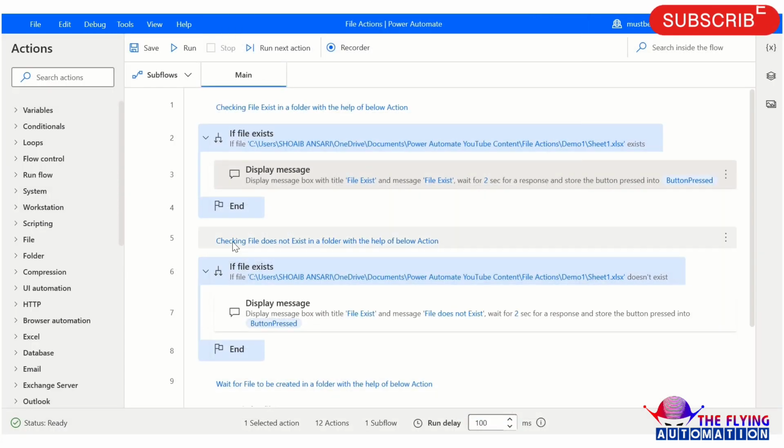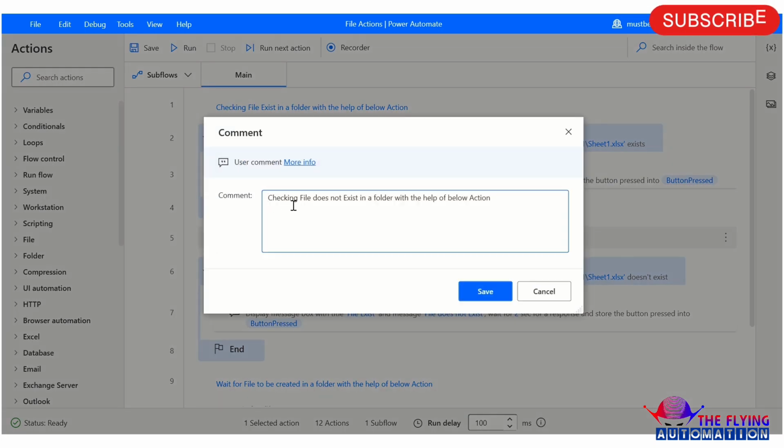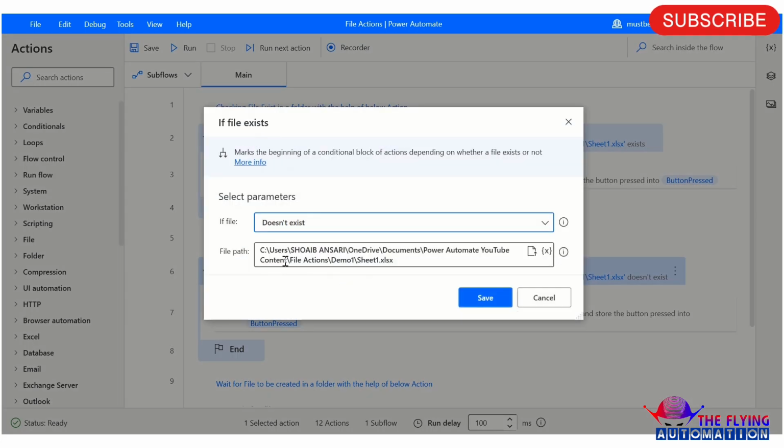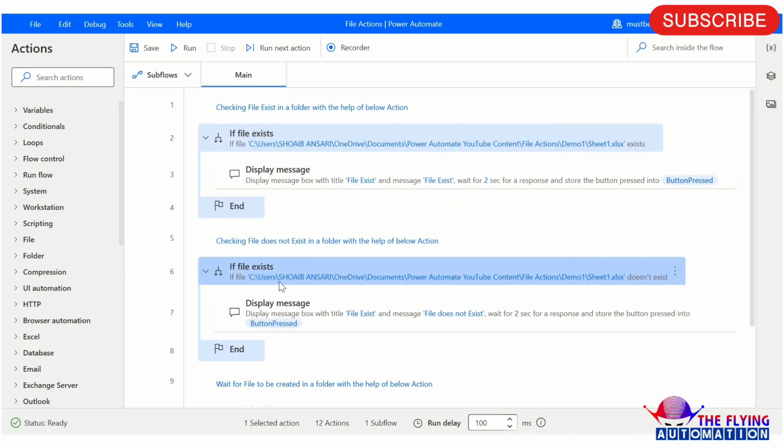And after this, here you can see I am using another comment action, and here I am mentioning checking file does not exist in a folder with the help of below action. So here you can see I am selecting does not exist. So this is the way you can also use comment action in your flow so that anyone can understand your